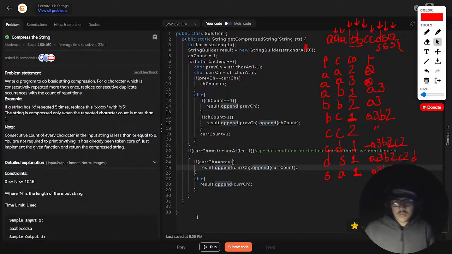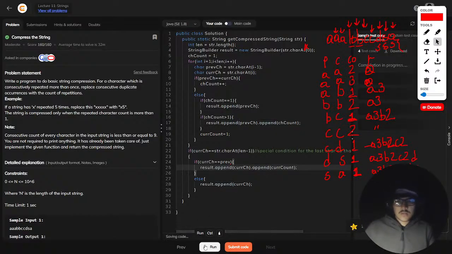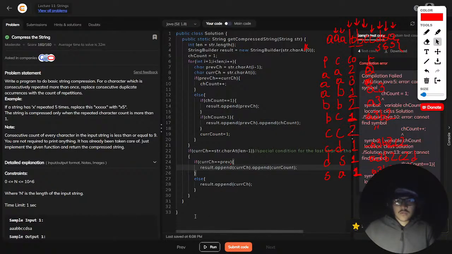Array, where is the cursor here? Oh, we haven't returned anything. This is joke of the day, yaar. So we are over here and we want to return here. Return and we are in a result dot to